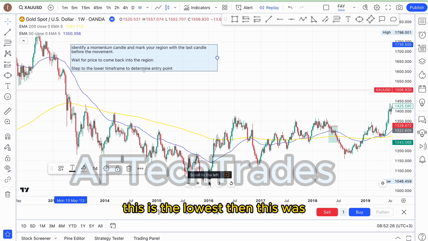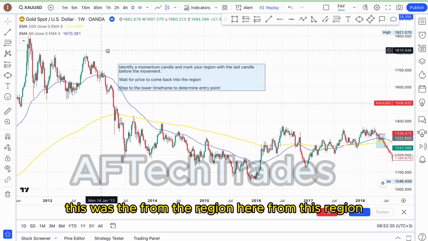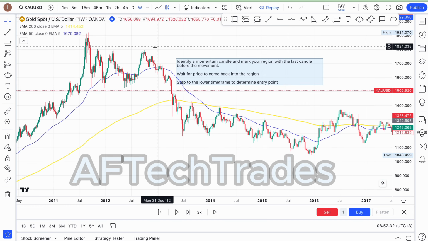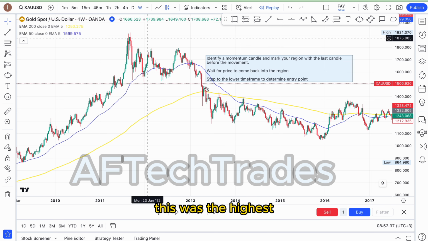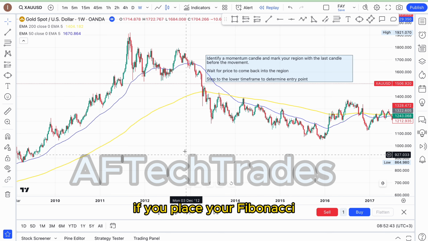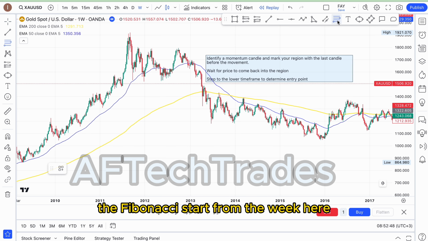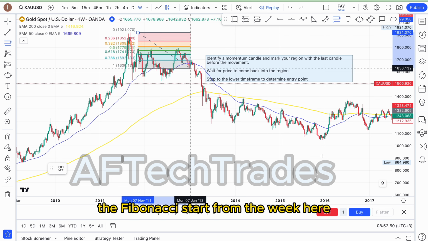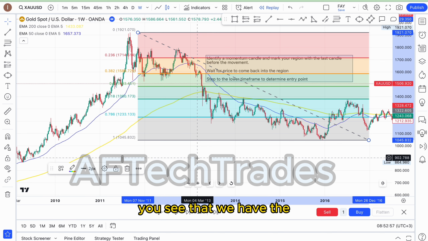This is the lowest, then from this region, this was the highest. This was the highest, this was the lowest. If you place your Fibonacci tool on the weekly time frame, where is it? The Fibonacci starts from the week here and at this week. Okay, you see that we have the